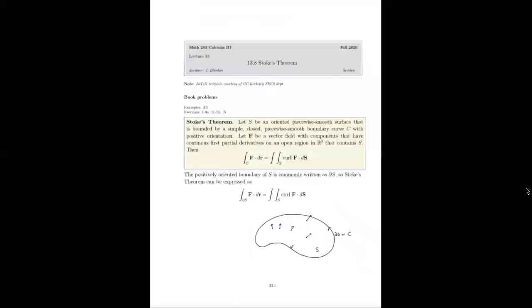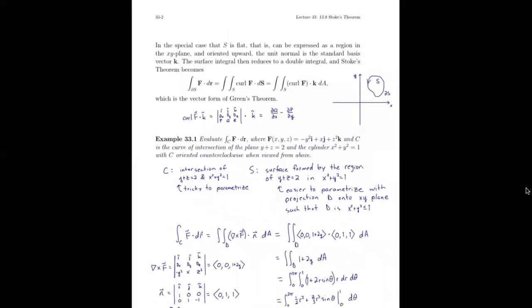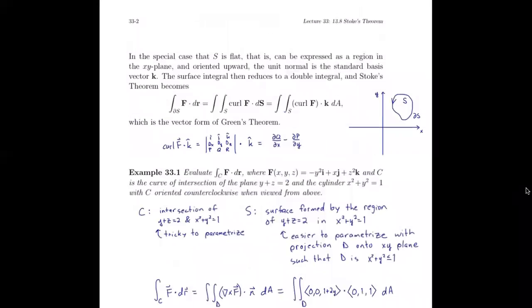Okay, I'm more interested in getting us to work with what this thing actually is. Just to reiterate that idea that Stokes' theorem is a generalization of Green's theorem, let's consider the case where S is flat. As I said before, S is not necessarily flat when we consider Stokes' theorem, but in case it is, we'll see that Stokes' theorem will reduce to Green's theorem,